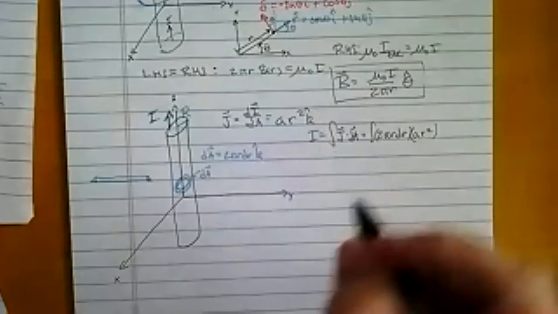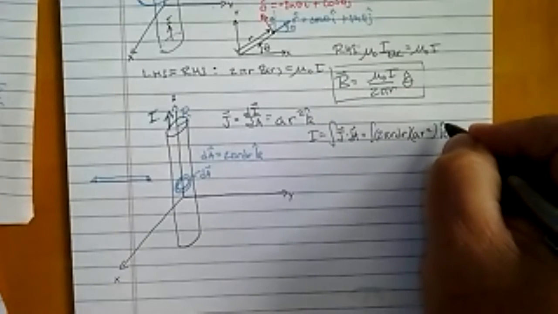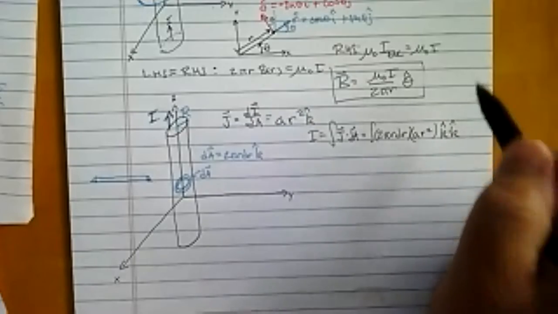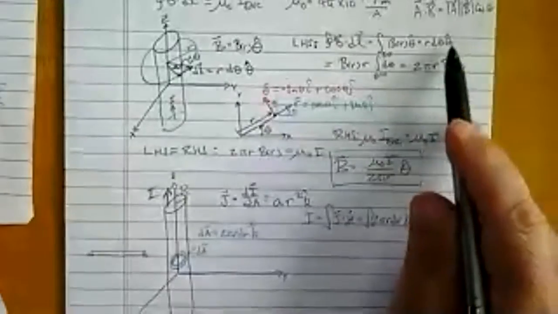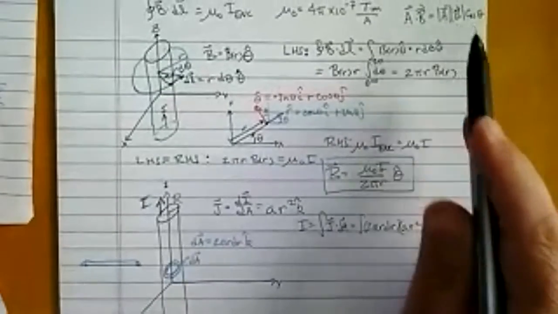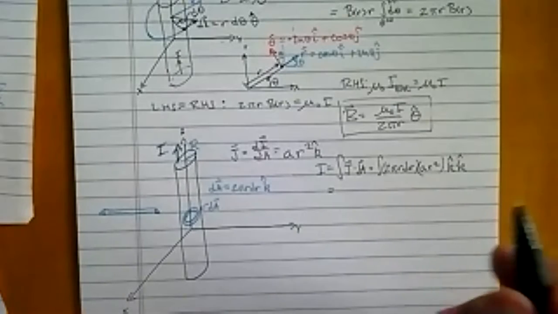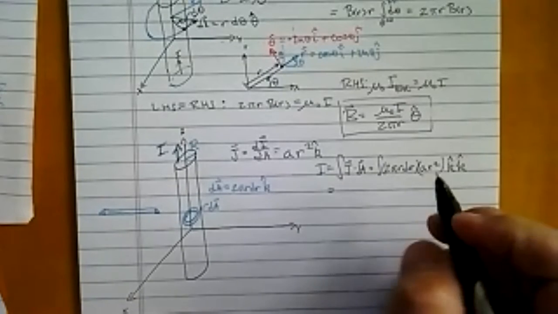I didn't write that before, but I should have. So I get k hat dot k hat, and of course, just like we did before, k hat dot k hat is 1 times the cosine of 0, which is just 1. So now I can say, well, this is pretty straightforward. The 2 pi and the a come out in front,